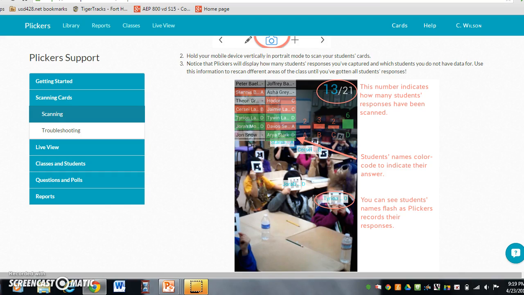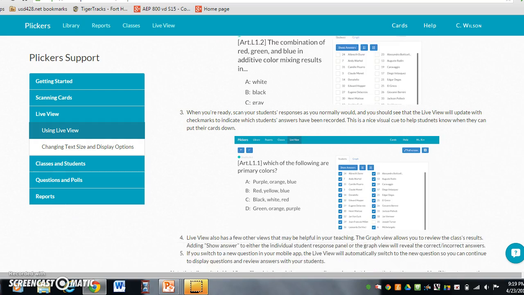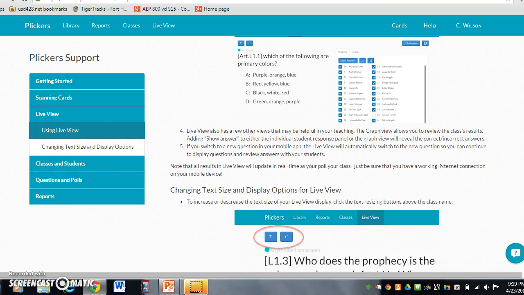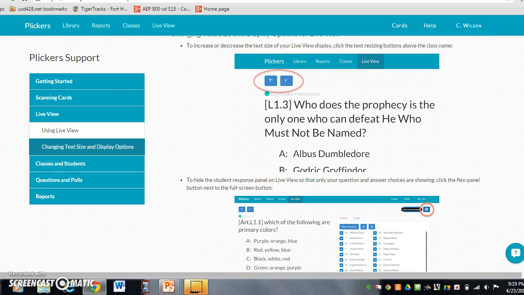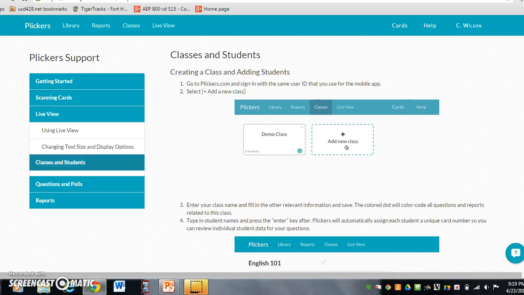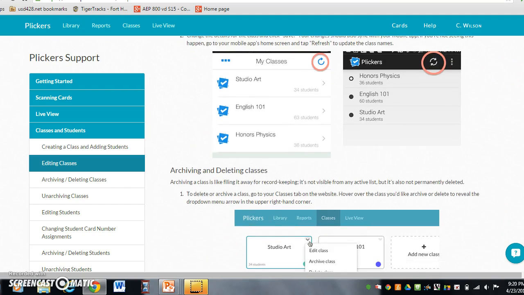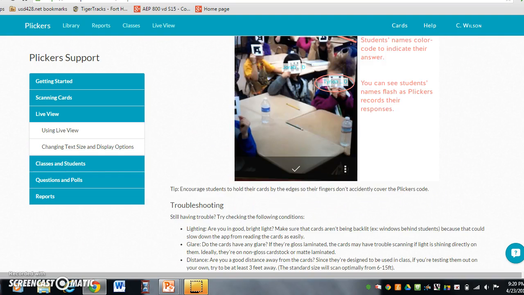They give you lots of visuals of what you should be looking for, and it's just a really good website, I think especially for somebody who doesn't know a whole lot about them and sometimes struggles with getting technology to work like I do every once in a while. So I really like it. I think it's very helpful, and I look forward to using it in